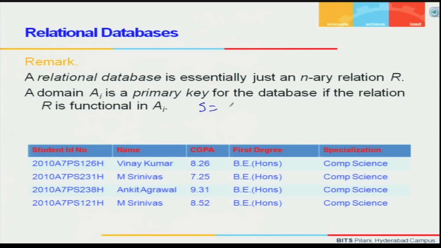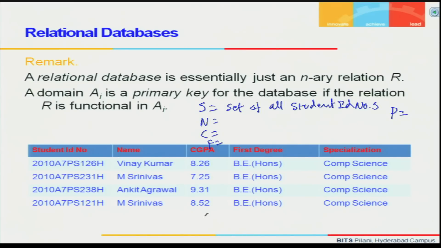This S is the set of all student ID numbers, and say N is the set of all student names. Then say C is the set of all CGPAs that they have got, and say F is the set of all first degrees that they are in, and say P is the set of all the specializations that their degree is in. Say I got all these 5 distinct sets,